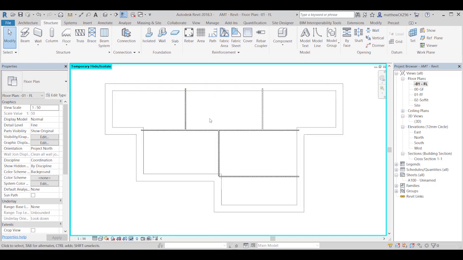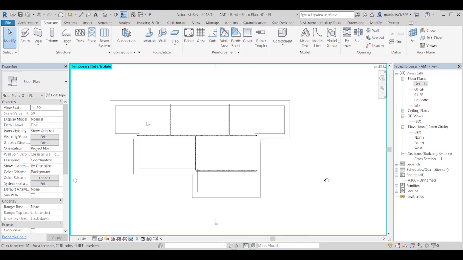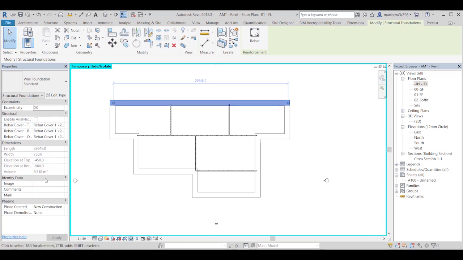So normally on a house you probably wouldn't put rebar. These would just probably be mass concrete foundations, which means it's all concrete to a very high spec or whatever spec the structural engineer proposes. But just for the purpose of this exercise, we're going to put in some rebar in this foundation and that foundation. Okay, the first thing we're going to do is we're going to click on this foundation, and in the